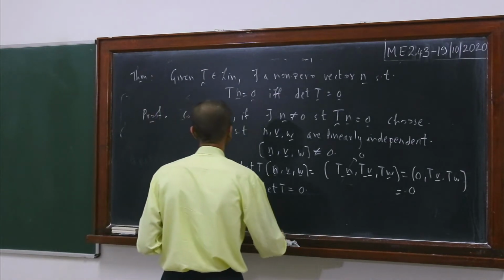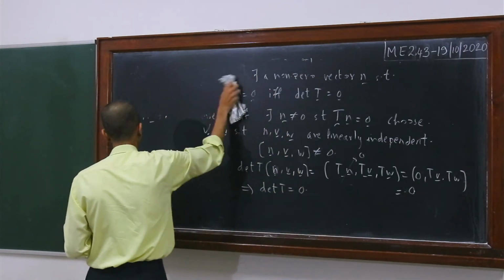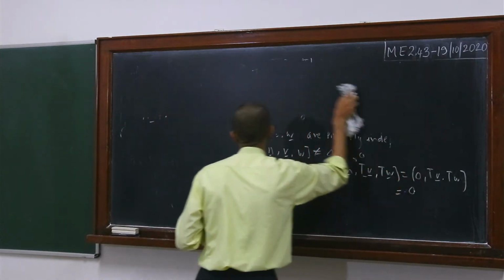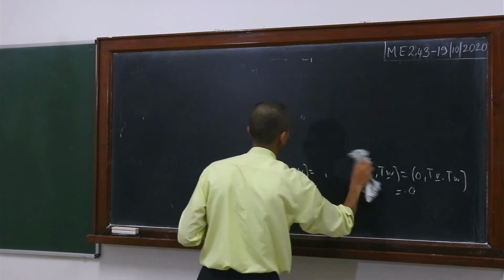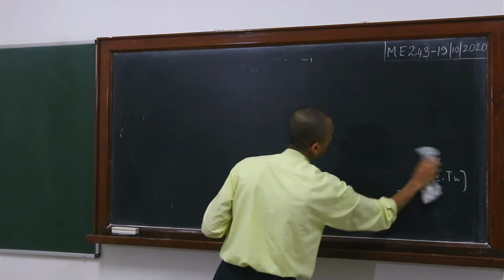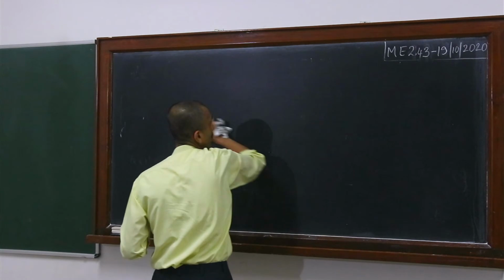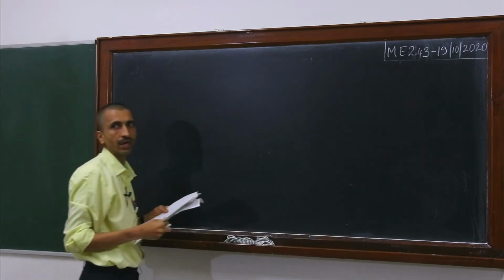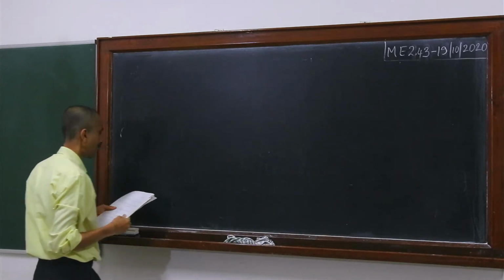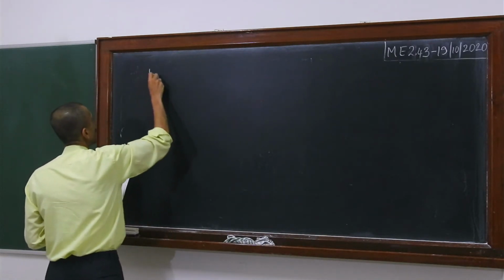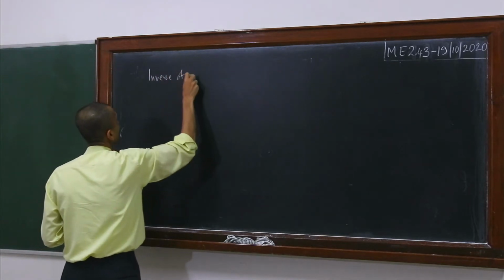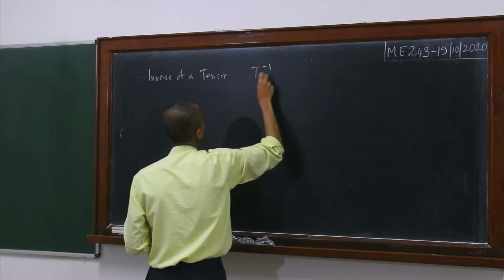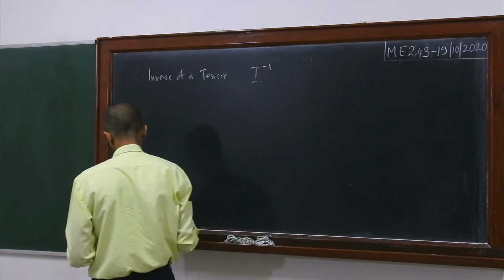Okay, fine. And we'll move on now to the next set of results, which involves the inverse now of a second order tensor T. Okay, so we'll define that. In order to define the inverse of a second order tensor T, we need to define the cofactor of a second order tensor also. So first we'll do that. So, inverse of a tensor, which we will denote by T inverse. And first we'll define